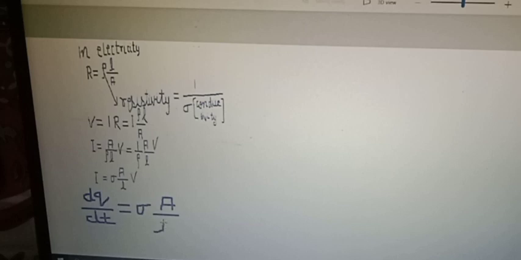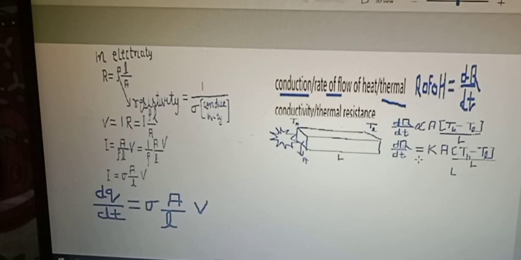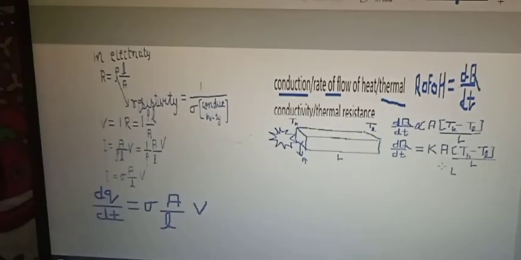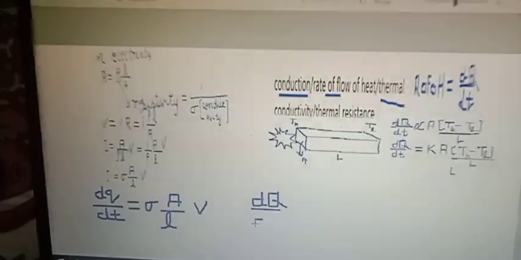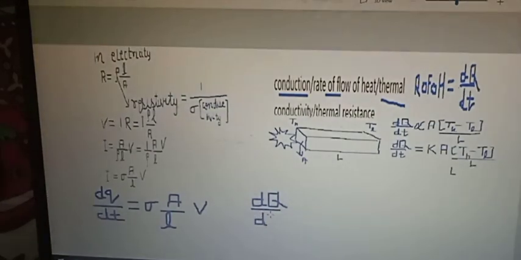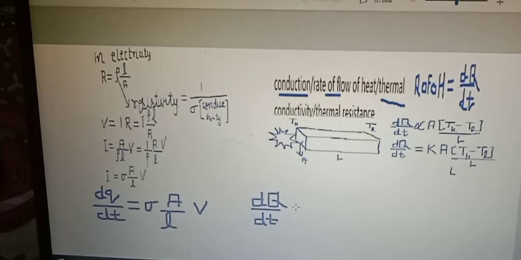So dq by dt is equal to sigma A by L times V. And as we have already discussed, the rate of flow of heat dq by dt is this. So here the rate of flow of heat is equivalent to current, and in the rest of the terms you can see there is a greater similarity. You can see dq by dt is equal to thermal conductivity K times A by L